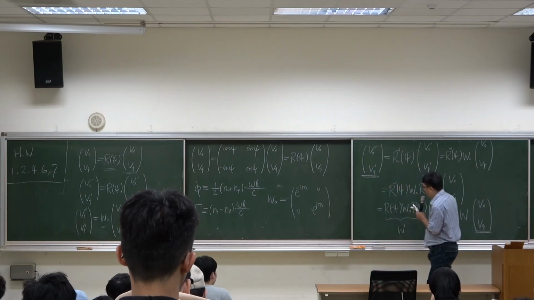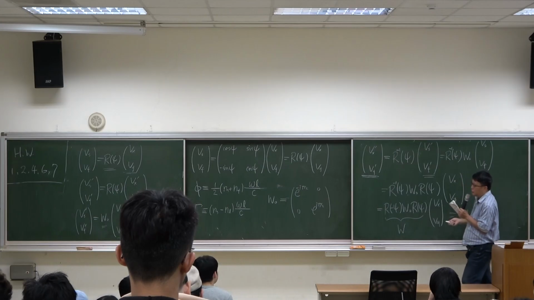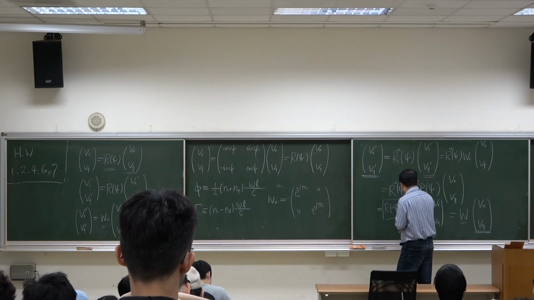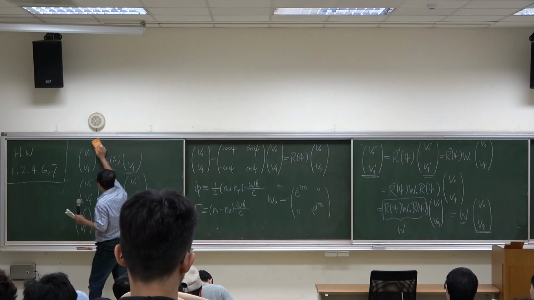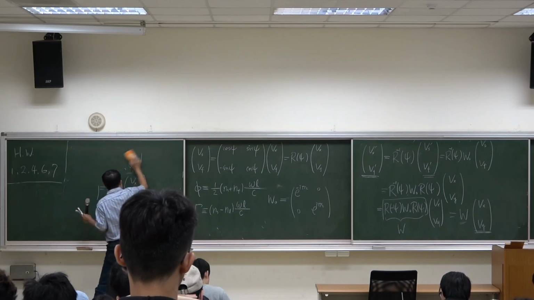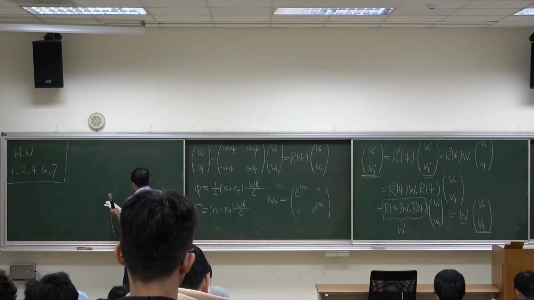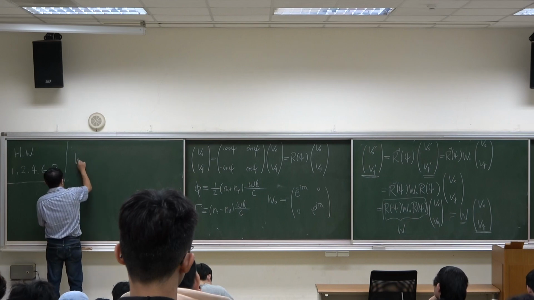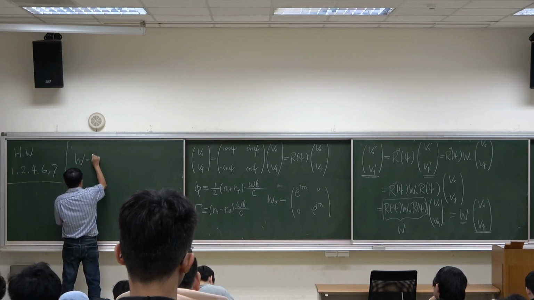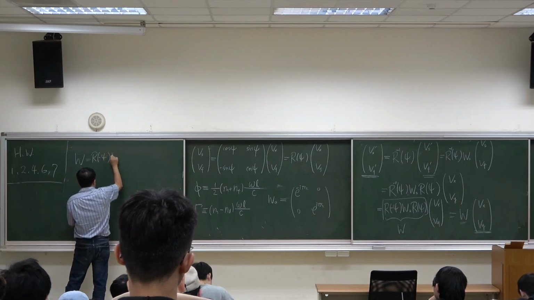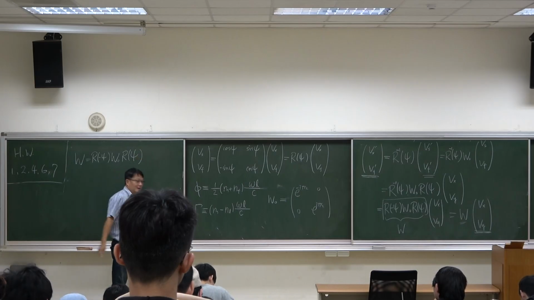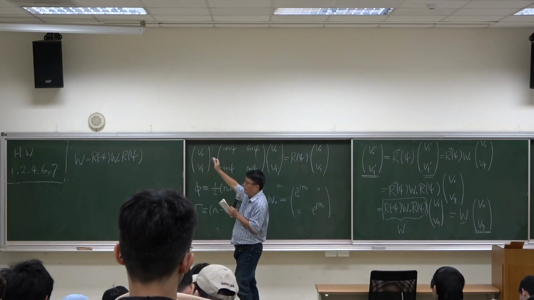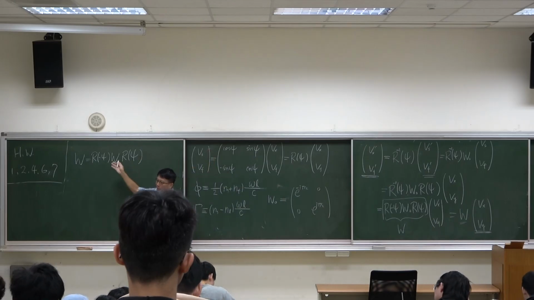They are related by this W matrix. And here W matrix is the product of these three matrices. So W is R minus psi W0 times R psi. Okay. So this is the mathematical expression of the